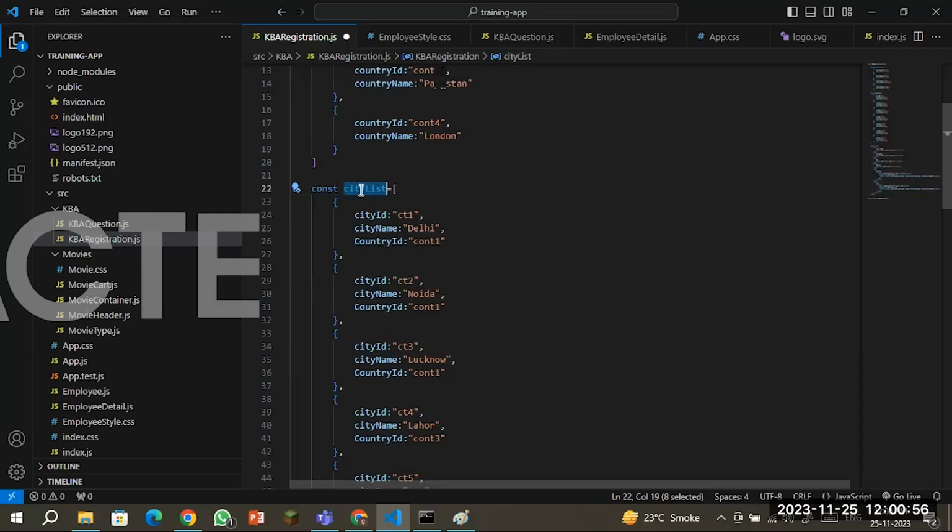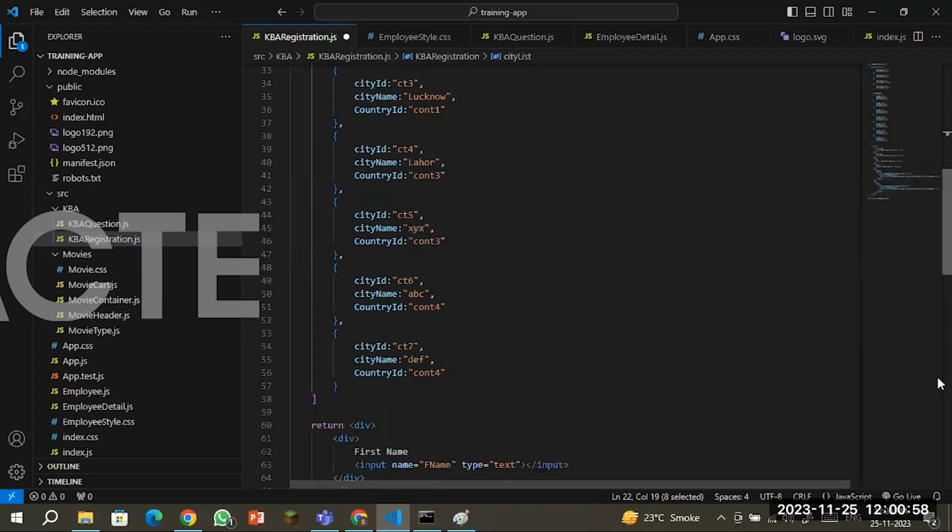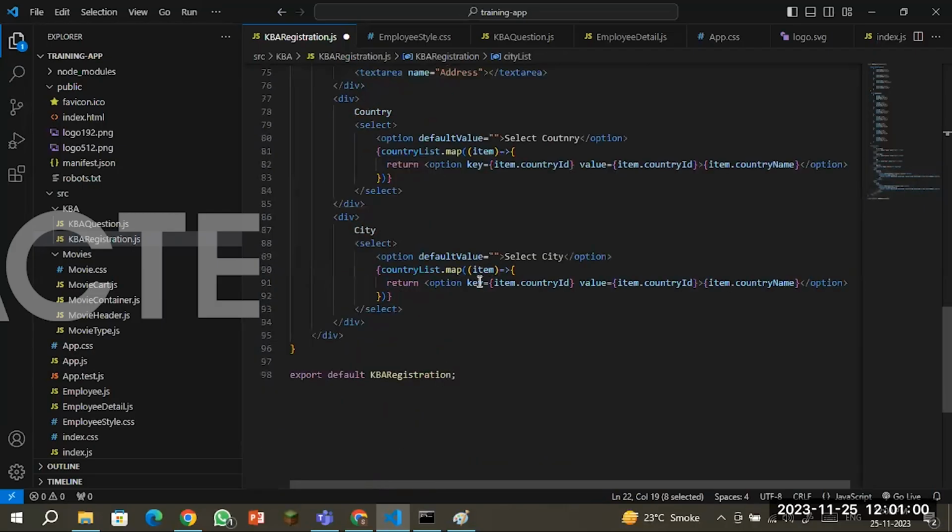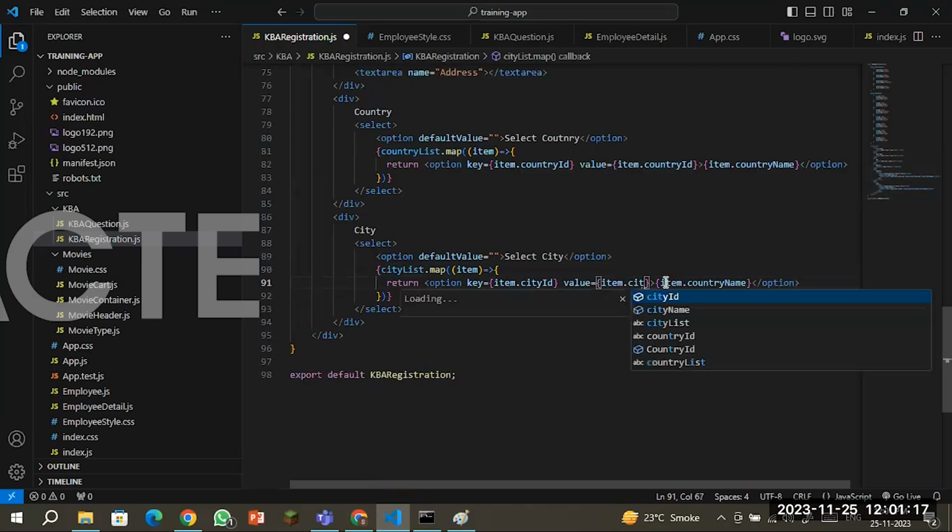This is my city list, and I'm using that city list instead of the country list, and now I am using the city ID, city ID,